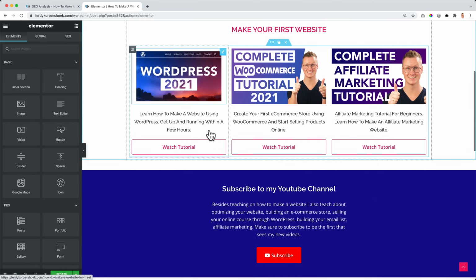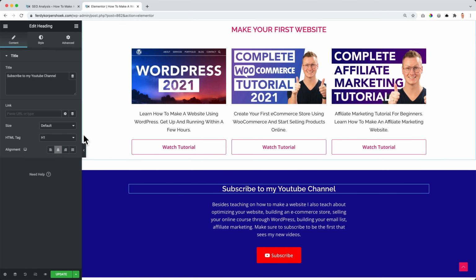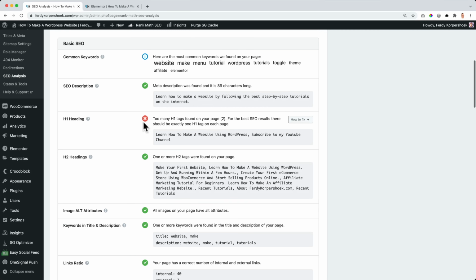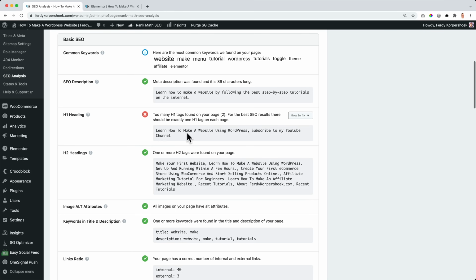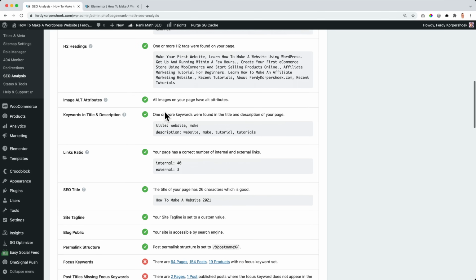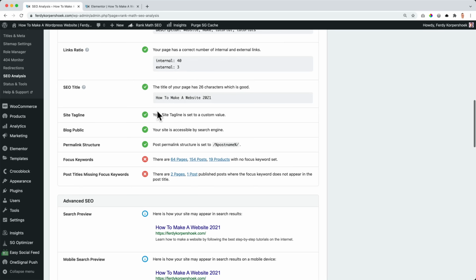So I scroll down and I click over here, and I need to change this to H2 because it's H1. So that's amazing. In the free version of Rank Math, it just shows me, hey, you need to fix this because then you can be found better. So this was a really big error and I fixed it. Everything else seems to be fine. All those titles are H2. So you need to have only one H1 and the rest needs to be H2. And it looks pretty good.